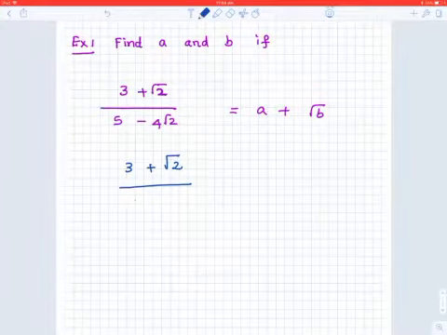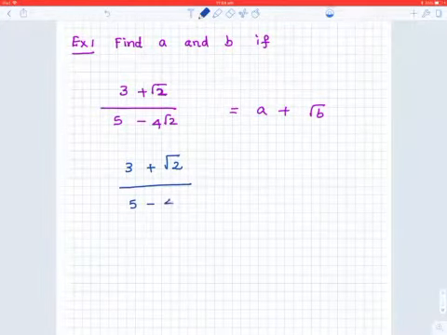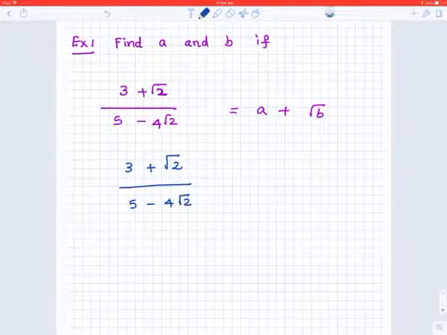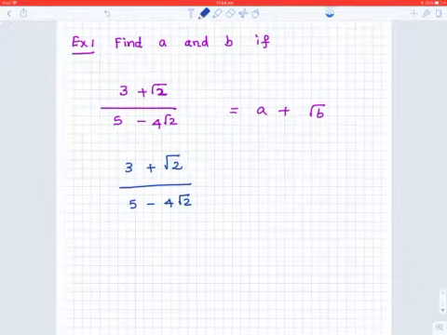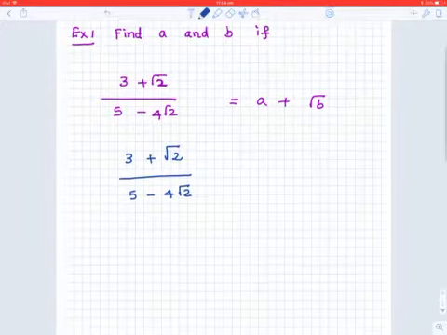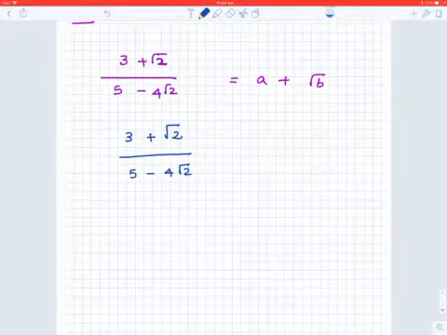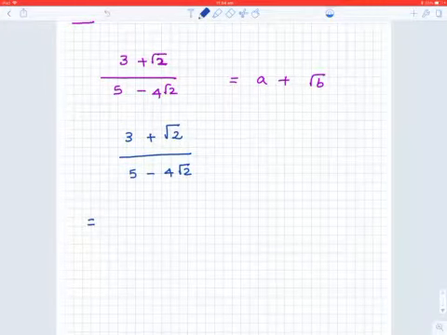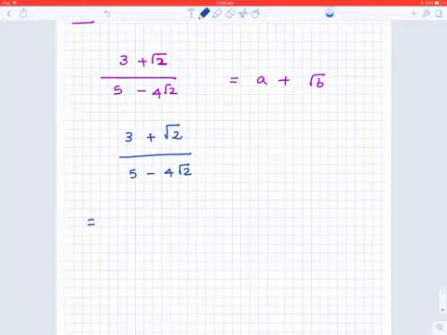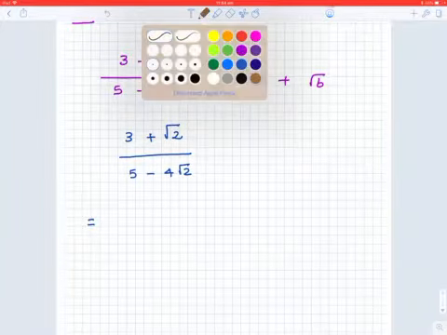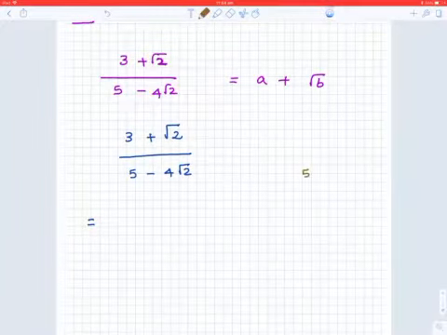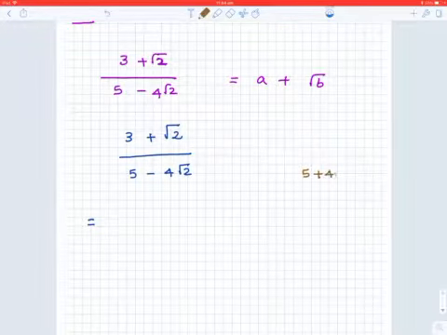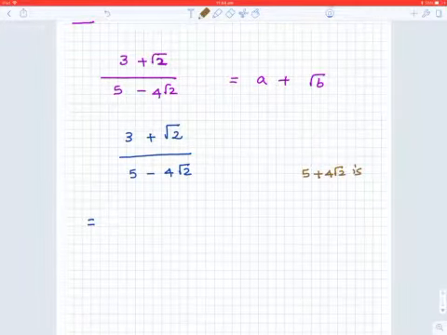So I write the question again. I'm going to rearrange the left hand side. I'm going to start doing the left hand side first. I'm going to change the whole left hand side into that format, a plus root b. For that, I start with the left hand side, that is equal to, and you have to remember when you want to rationalize,